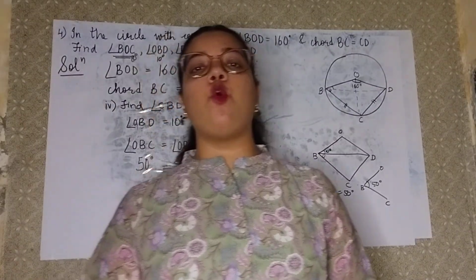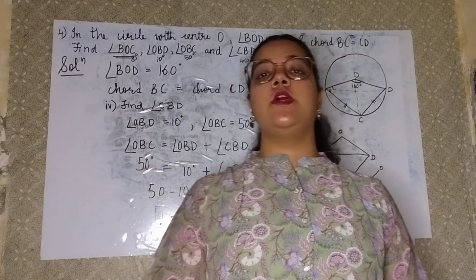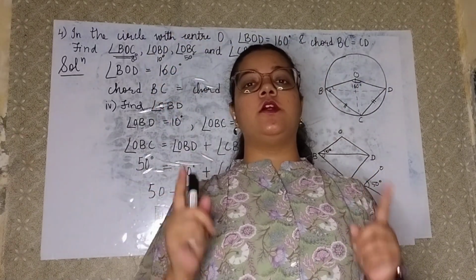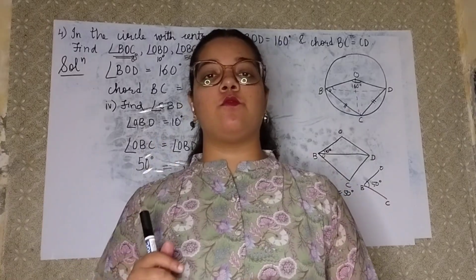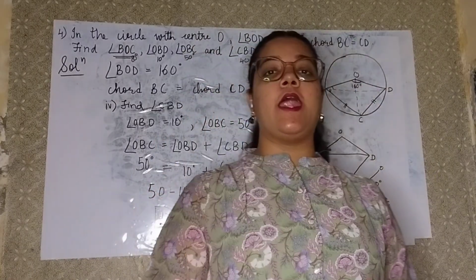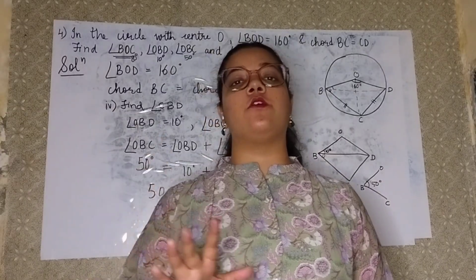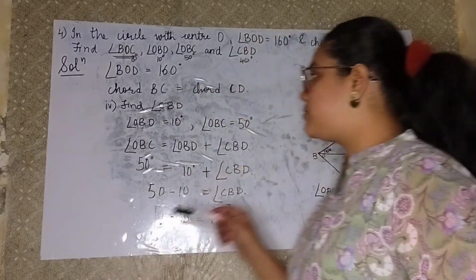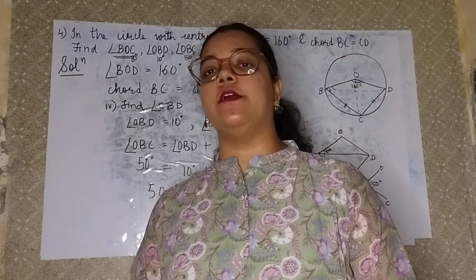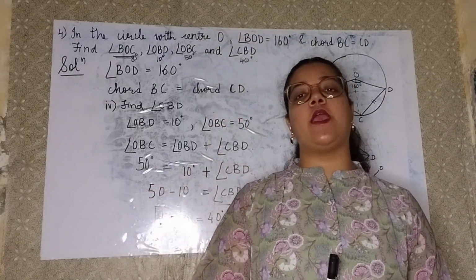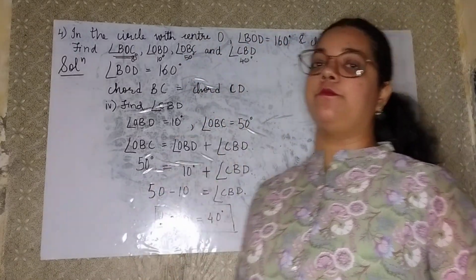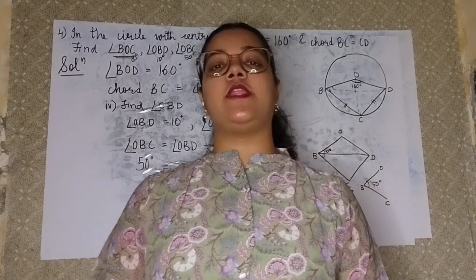Now to find angle OBD and OBC, we can use a similar method, that is isosceles triangle theorem, where the radii were equal, so base angles were also equal. Also, in the last sum, I had taken the whole quadrilateral because the bigger angle, that is angle OBC, was made up of two small angles, and with the help of those two angles, we found out the answer of angle CBD.